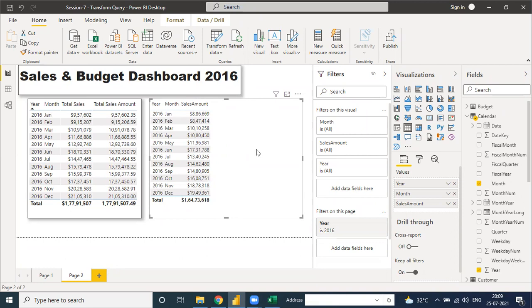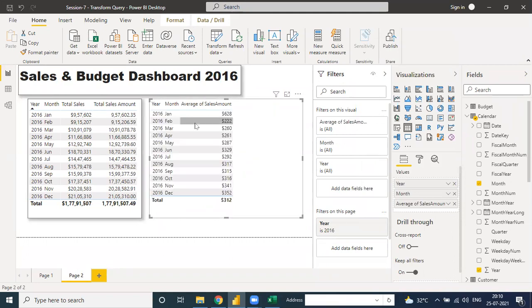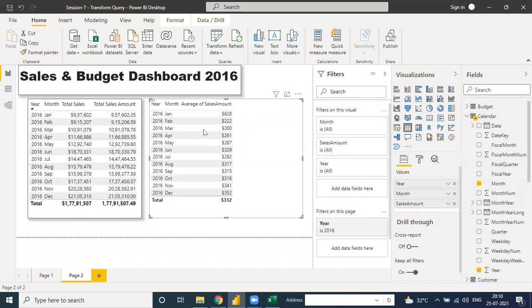But when you create an explicit measure, it is automatically connected with the table name and column name, because a measure is connected with both. Under the measure you have to create each calculation, suppose here is sum. When I put average, see the result changes. When we create measures, it's one measure for sum, one for average, one for standard deviation, one for minimum, one for maximum. When you put the sum here, it's doing a sum, and the result is the same.